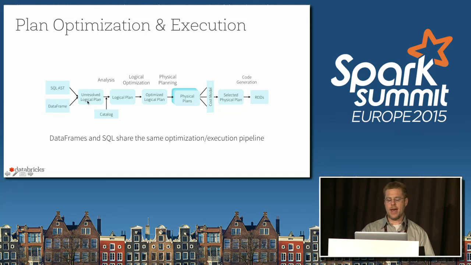And at the end of that, when I actually call some kind of an action, this is the process that Spark is going to go through. We start with this unresolved logical plan. Unresolved logical plan means we have a brute force model for doing the query, and we don't even know if all the stuff that's in that query exists. An example would be a SQL query that we pass in as a string, and I select from some table that I just made up, right? So the SQL parser can parse that, but the stuff that I made up,